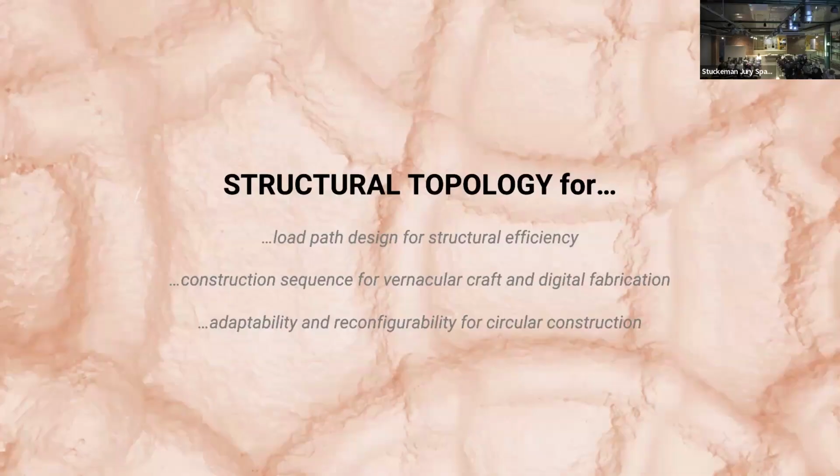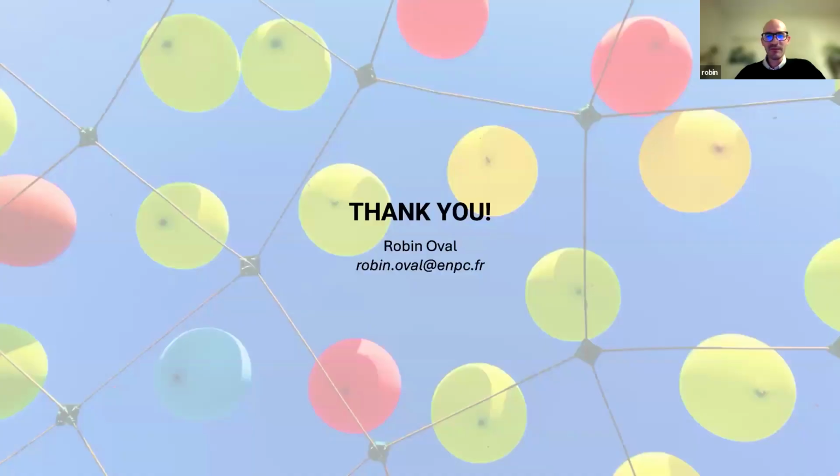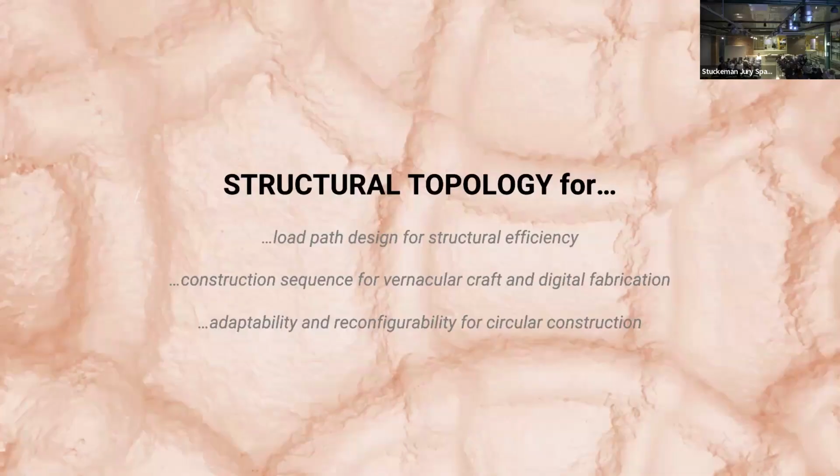I just end with maybe a couple of takeaways on why structural topology matters. Again, it's about different aspects. Maybe the first one, as an engineer, would be structural efficiency, designing a load path that makes sense, that's as close as possible to the optimal one. Also, planning the construction sequence. So that's also a discrete problem. So how do we put things in the right order to be able to build them with minimum scaffold, centering,